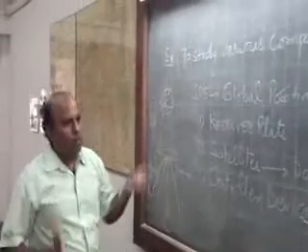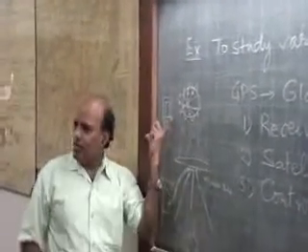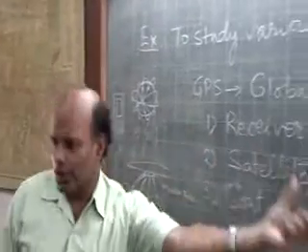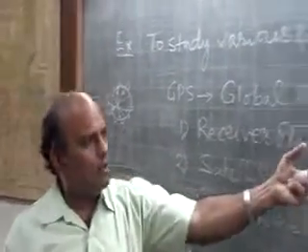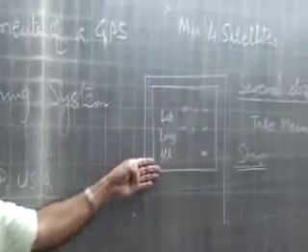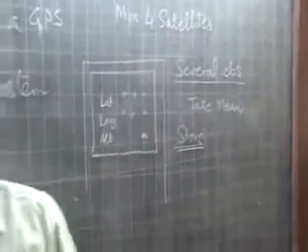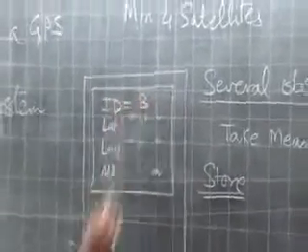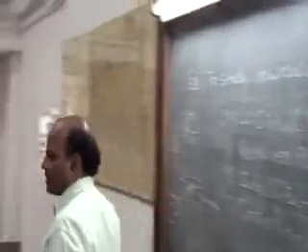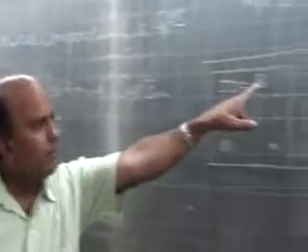Now I want coordinates of several points in the area. So you have to move with this device to another location. That location is B, and in the same way you can take several observations of point B and then take the mean. Here you will have the ID of the point. You have to define what the ID of the point is. The defined ID will give you the coordinates and you can correlate later on.